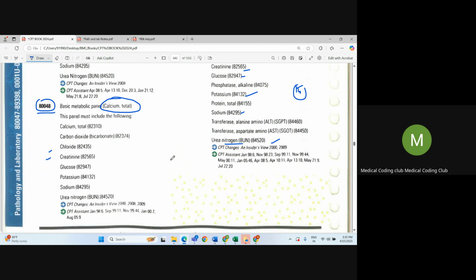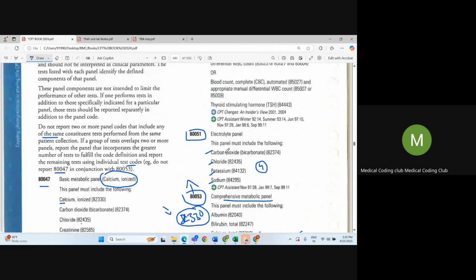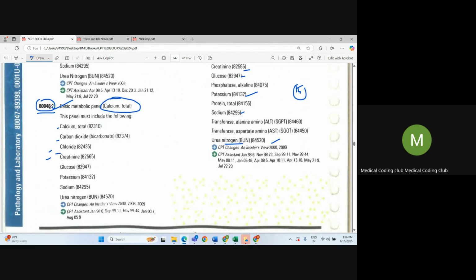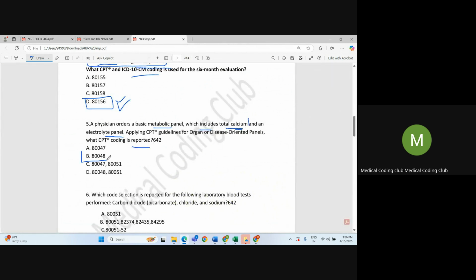Okay, so we cannot code 2 panels here. Instead we will code the higher number of tests panel, that is basic metabolic panel, which has more tests compared to electrolyte panel. So first I'll code 80048. Okay, and to code electrolyte panel or any individual tests, no individual unique tests are present in electrolyte panel, so you can completely ignore it. Okay, you will code only a single code, that is 80048 basic metabolic panel, calcium total. Okay, so the correct answer for this question is option B,